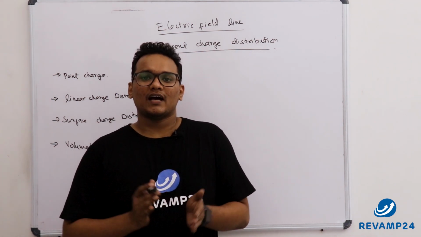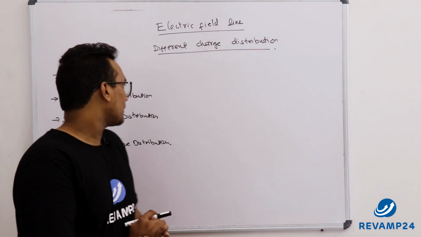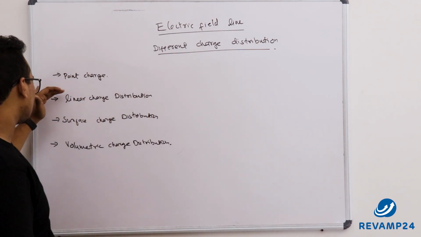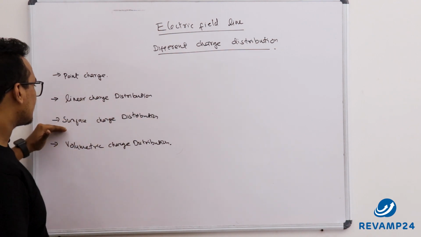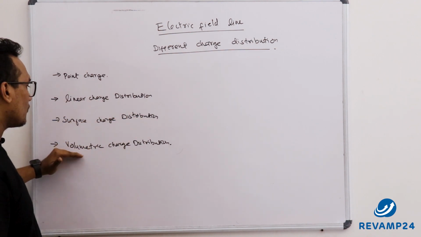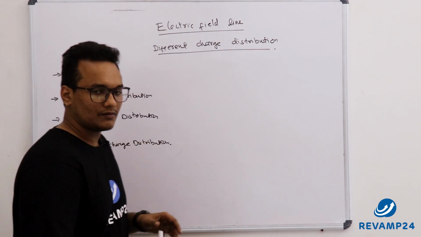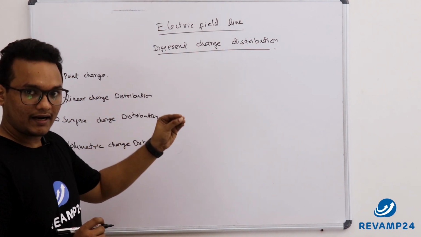In this video, I will explain different charge distributions. These are point charges. Anyway, that's not a charge distribution. These are charge distributions: linear charge distributions, surface charge distribution, volumetric charge distribution. Now we will also see what is the electric field intensity due to this kind of distribution and the direction